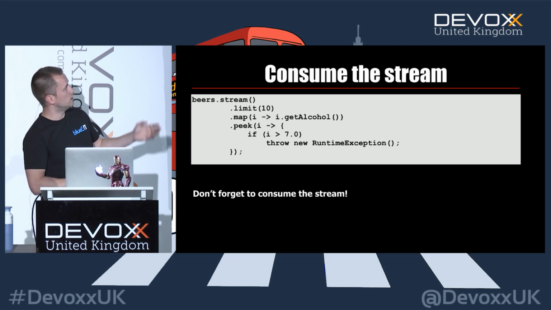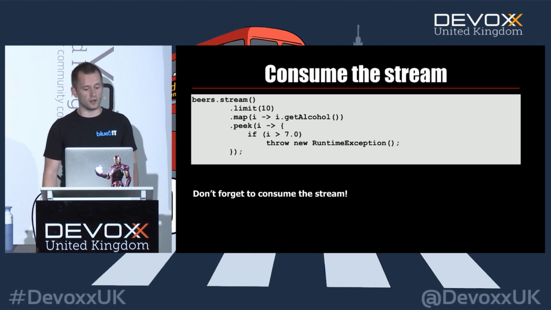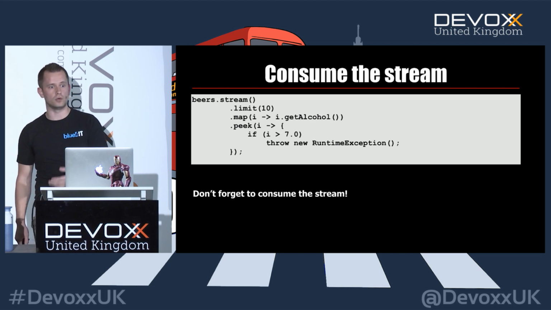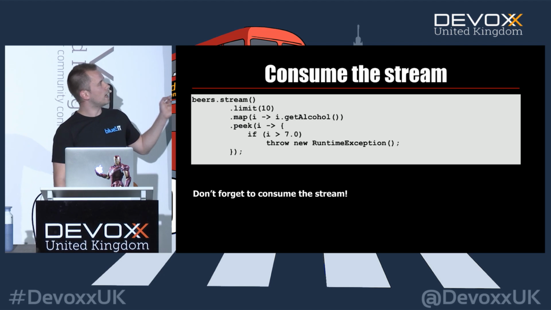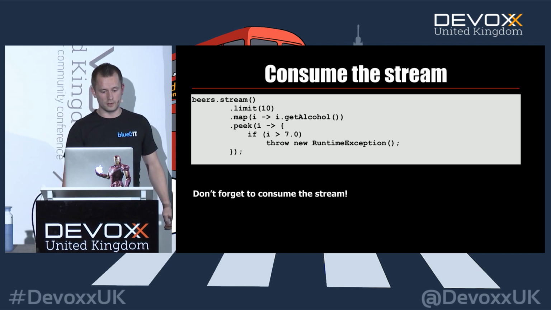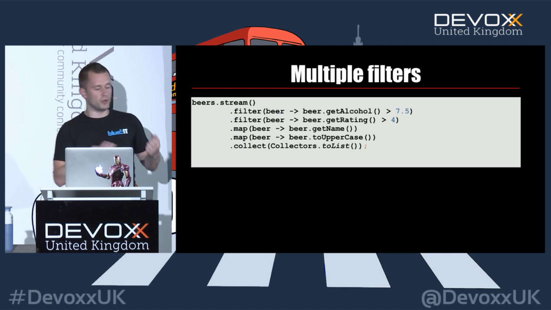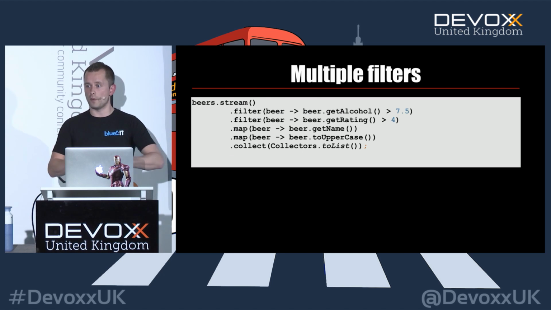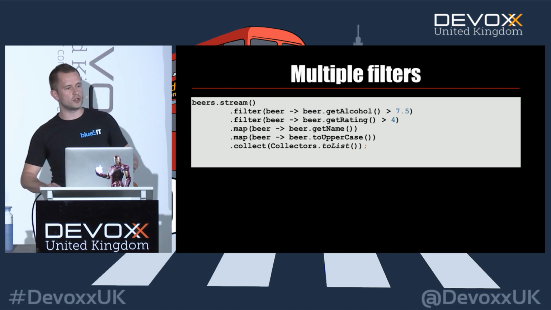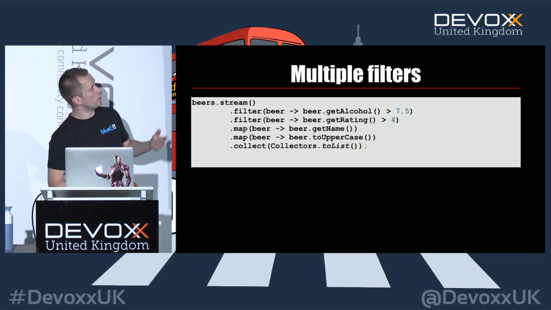So in this case, the first, the second, and the third one are intermediate functions, so it doesn't do anything until you give it a collect or a split or whatever. Anytime, you have to give it a terminal function at the end. It's pretty good to use multiple filters and multiple maps in your stream. People tend to say, okay, I can do a map, I can do a filter, and make their function so big that it's not readable anymore. And it's pretty obvious what we do over here.